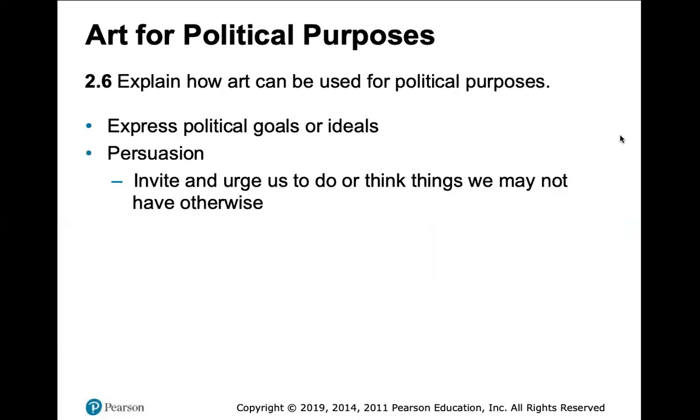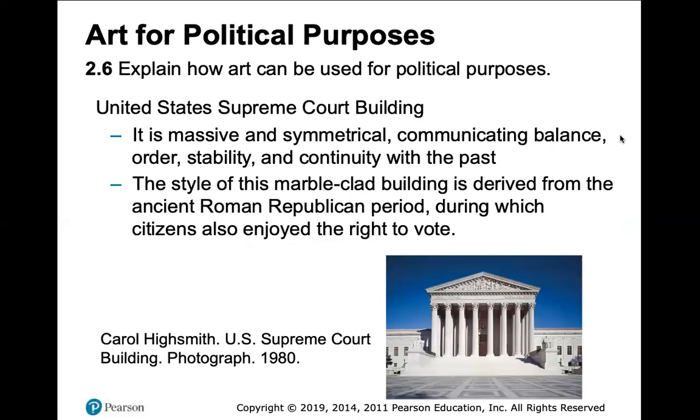And so our last purpose of art is for political purposes. Art can be used to express political goals or ideals or for persuasion. Here we have the United States Supreme Court building. It is massive and symmetrical, communicating balance, order, stability, and continuity with the past. The style of this marble-clad building is derived from the ancient Roman Republican period, during which citizens also enjoyed the right to vote. And so you see a lot of American government buildings that have been influenced by the design